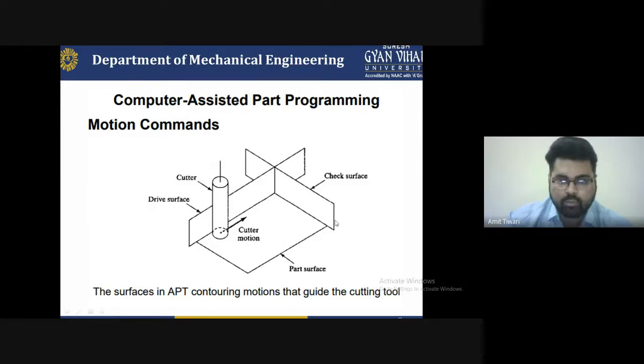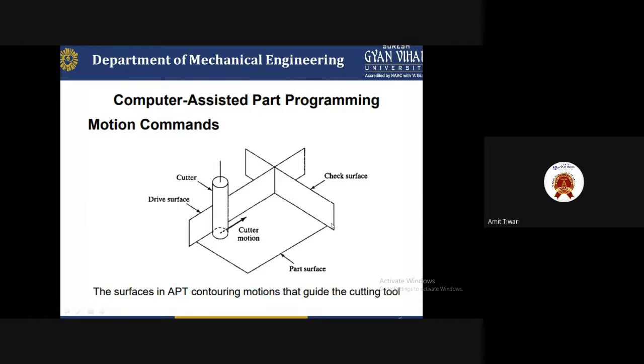This is a part surface, that is the workpiece, and this is a cutter, that is a tool. Okay. So the motion of the tool around the workpiece is a forward motion, as you can see here. You can apply some pressure, or increase the feed rate with increasing cutting speed. The material will be cut in the form of chips at the check surface. You give the motion command here to side and turn out from this side, so this is the section we have to cut on the diagram.